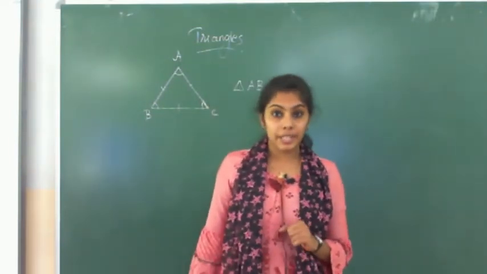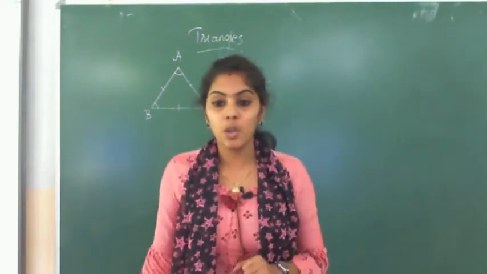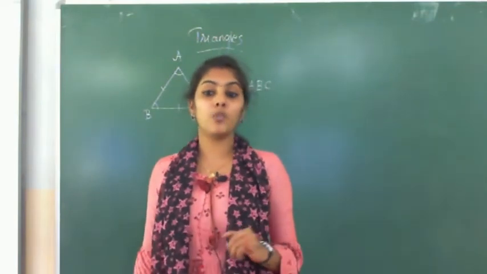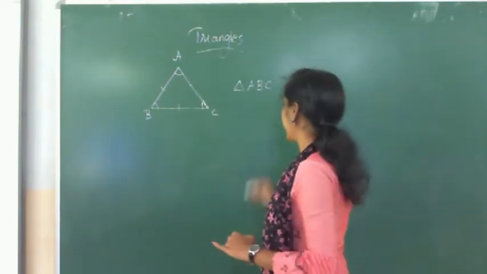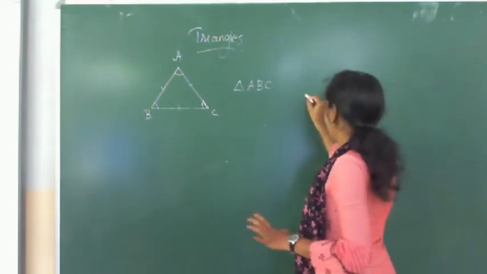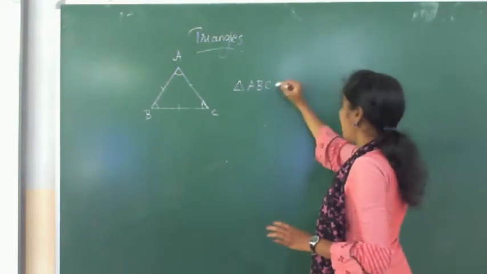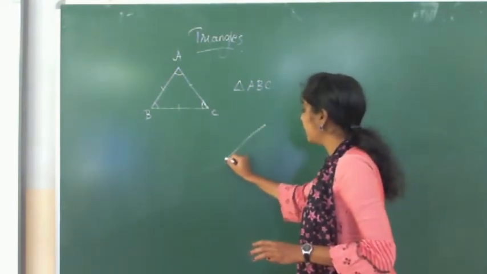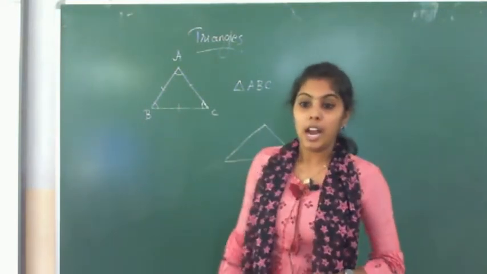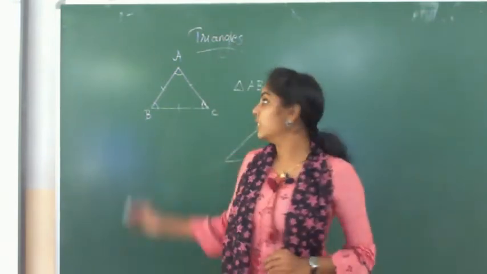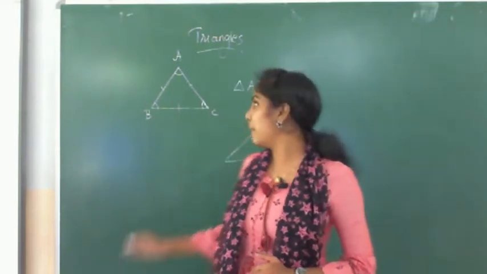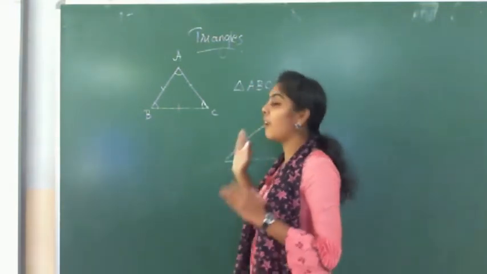You can see on page number 109 in your textbook the heading Triangles. If we join 3 points which are not part of a straight line, we will get a triangle. A triangle means a closed figure. It has 3 angles, 3 vertices and 3 sides. And the third one, the symbol: how do we denote a triangle? What is the symbol of a triangle?